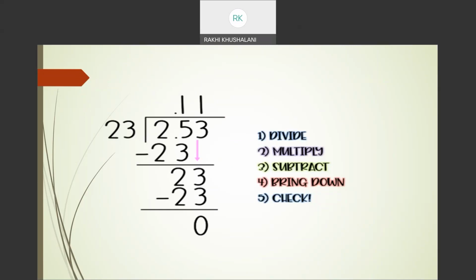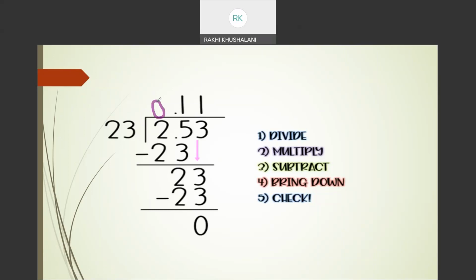Look at the screen. Here 2 is, put the decimal first. If you don't put the previous 0, it will still work, but if you put it, the decimal becomes more prominent. But if you don't put, it's fine. But if you put, it makes your answer look more complete. Do not miss on your decimal. I always prefer doing that. I'm showing you both the examples, one with the previous zero, one without the previous zero.